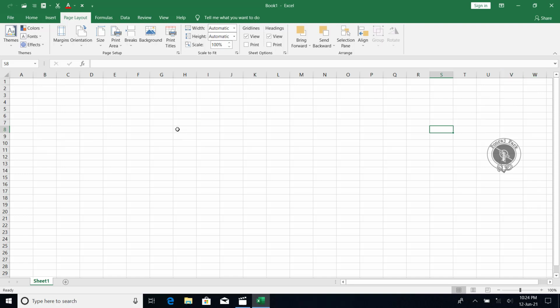So I can tell you the total number of rows and columns. For columns, there are 16,384 columns. If you go along that side, you can go like this, it's 16,384 columns. And for rows, you can find around 1,048,576 rows.